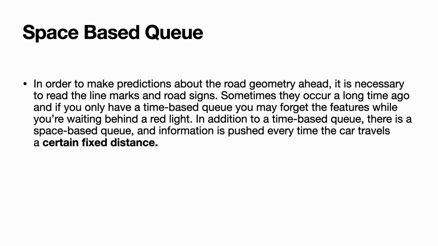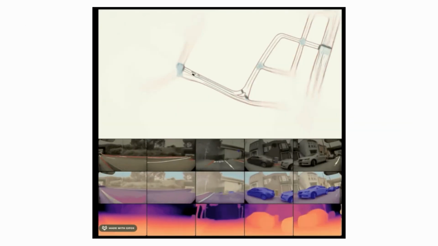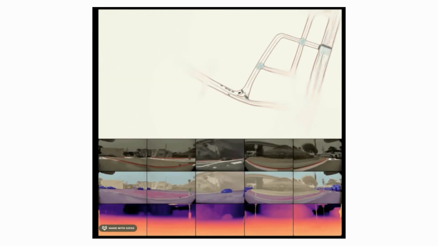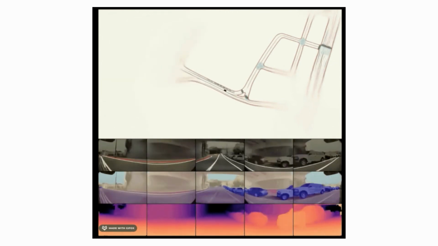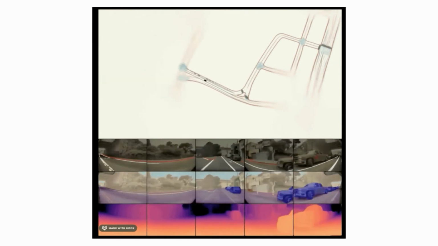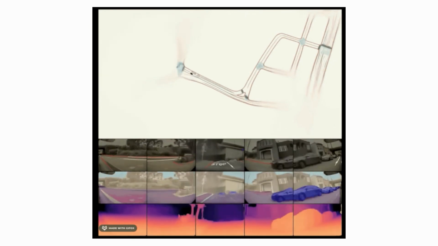In addition to a time-based queue, there is a space-based queue, and information is pushed every time the car travels a certain fixed distance. The feature queue is consumed by a spatial recurrent neural network, RNN. The RNN keeps track of what's happening at any point in time and has the power to selectively read and